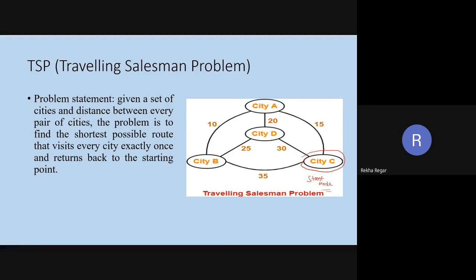So 15 plus 10 plus 25 plus 30, that is 25, 25, 50, 80. So guys, are you getting the idea of this traveling salesman or not?